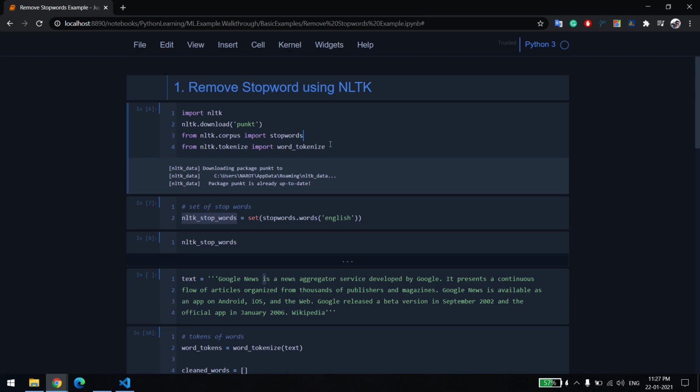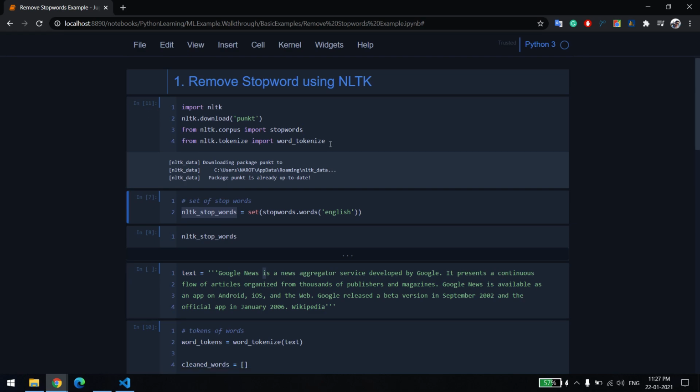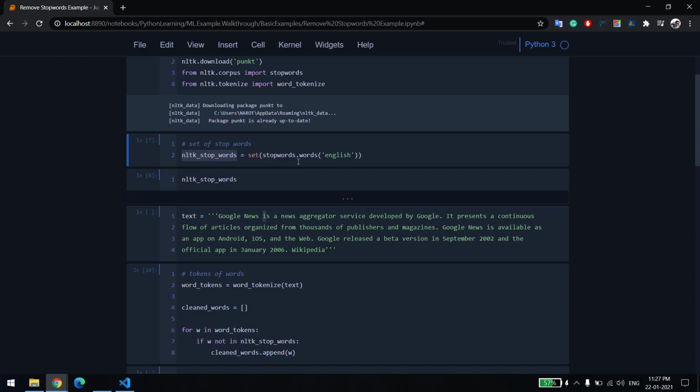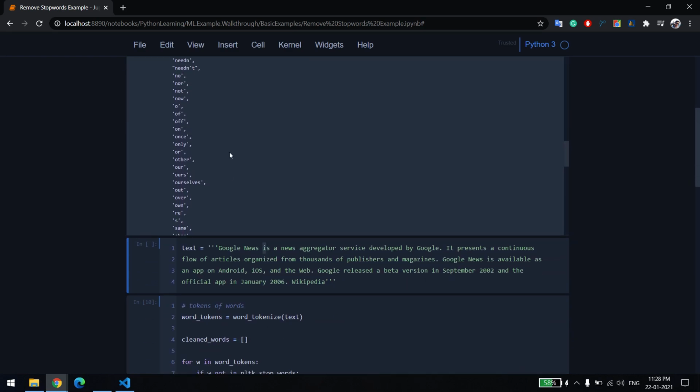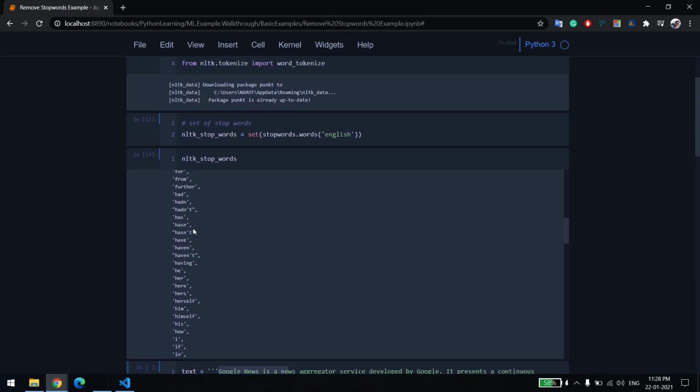You can just download that library, and then once you execute it, you just need to download those words. The stop words depend on the language, and for this example, I'll be using English. So I'll download all the English words, and once I execute, you will be able to see these are the stop words in the English language. For example, in the text there is a word like "is", "a", "or", "by", something like that. All these words are stop words.